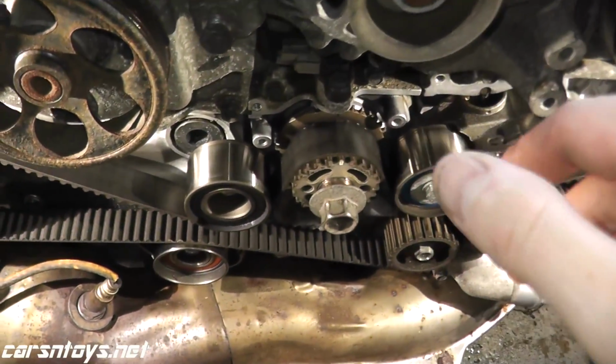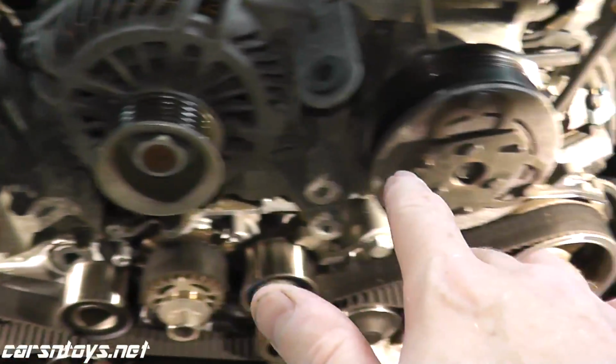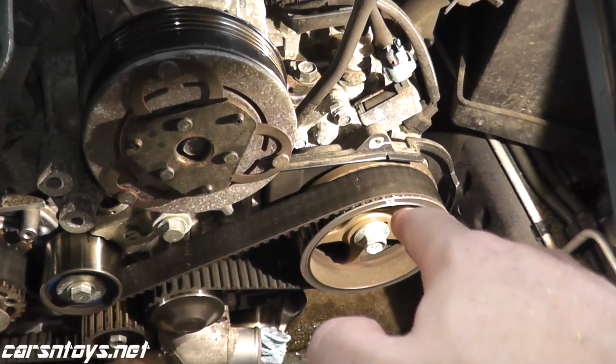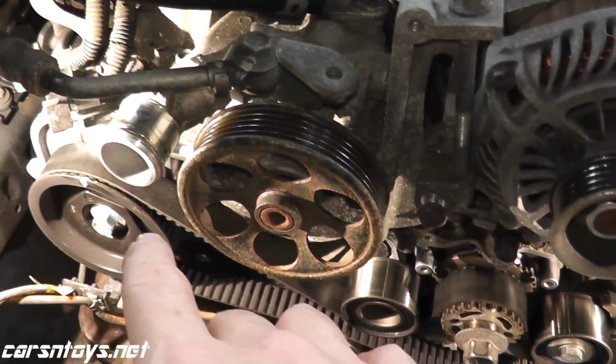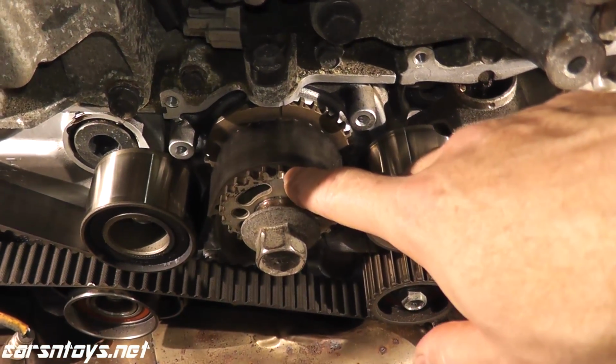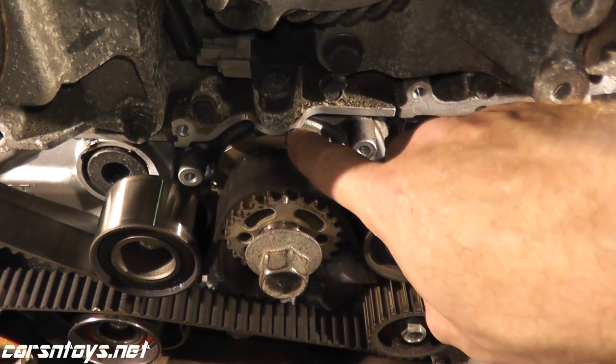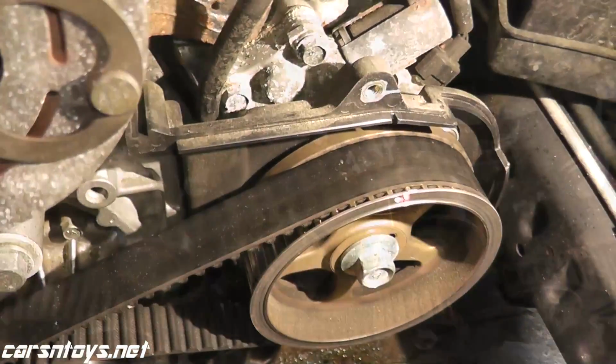Now before you remove the belt, you want to line up the cams. So you have your right hand side cam there and the left hand side cam. So your driver's side, your passenger side, and this is your oil pump. So right here there's a mark, which is also right here, and you want to line that up right there. Okay, left hand cam,